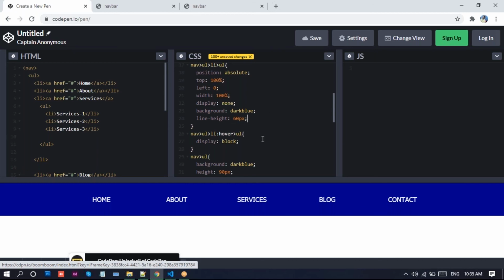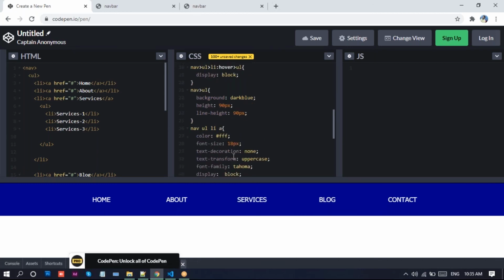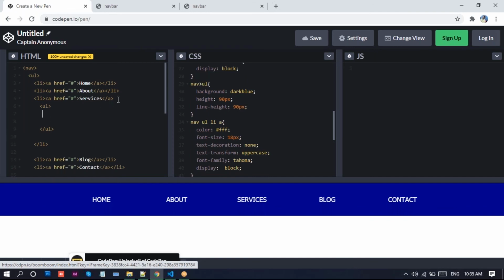Next, I just copy this one and paste it there.